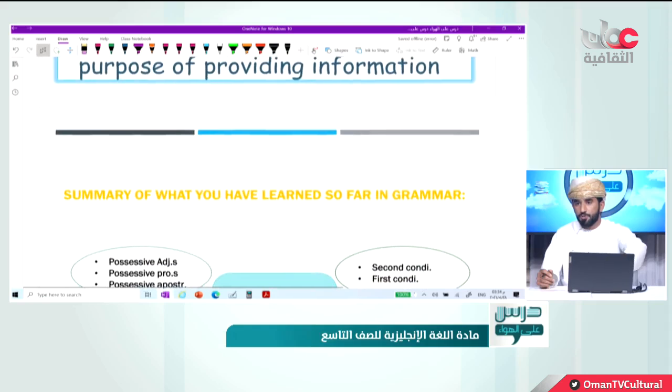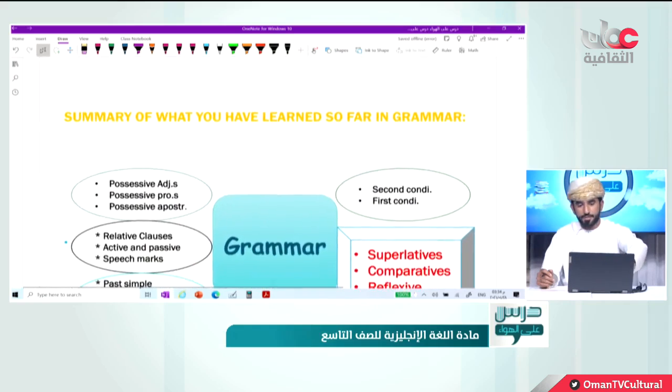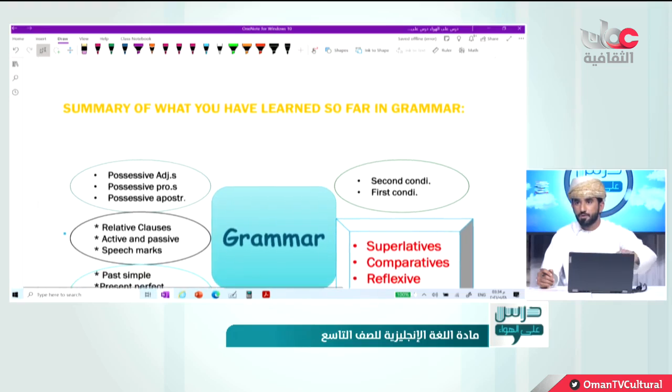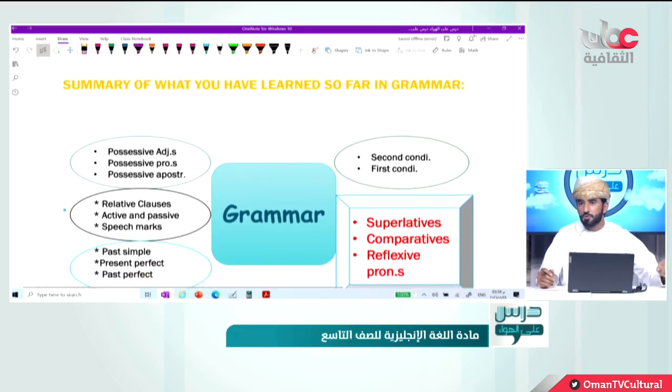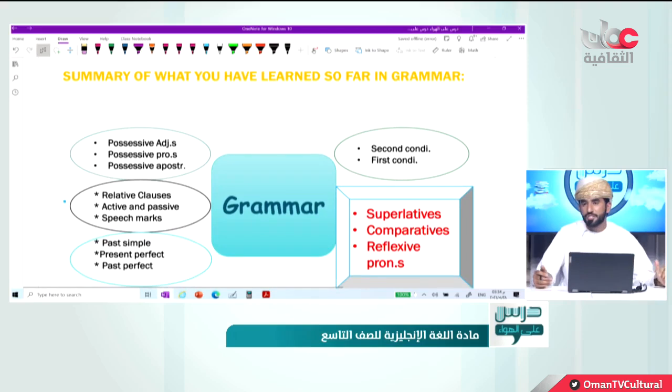Okay, are you ready, all of you? For the first slide, you've got the summary of what you have learned so far in grammar. I'm going to go through all of those grammar rules very fast, and I'd like you to lend me your ears. I'll be very slow once I start explaining those grammar rules in order to make you get them all, swallow them, put them in your heads and minds, please. Okay? Ready? Good. Do you remember the possessive adjectives Mr. Ismail taught you? Remember? So I'm going to give you this example.